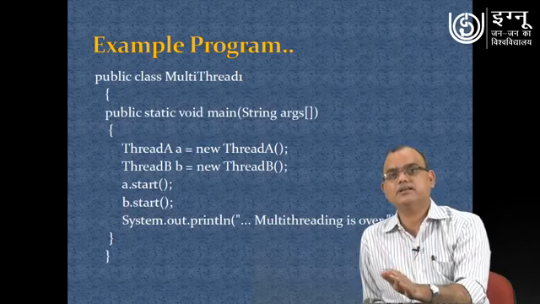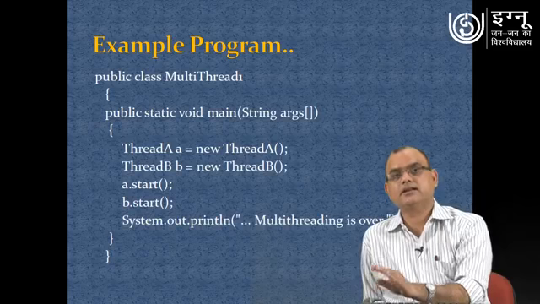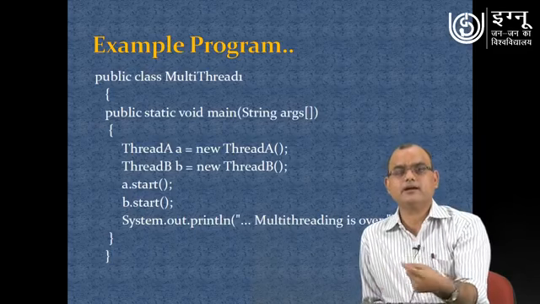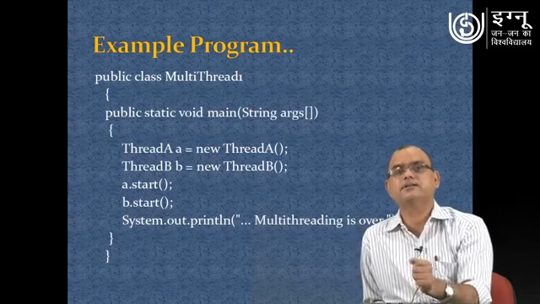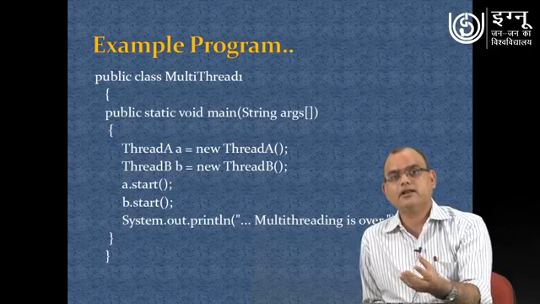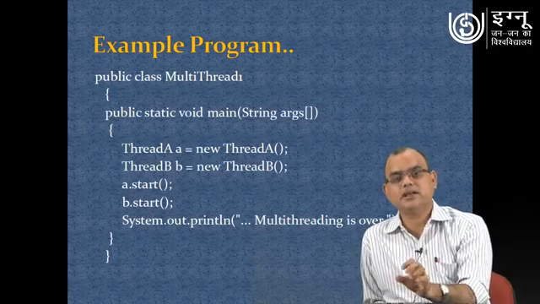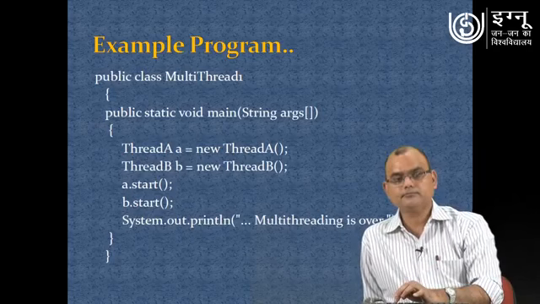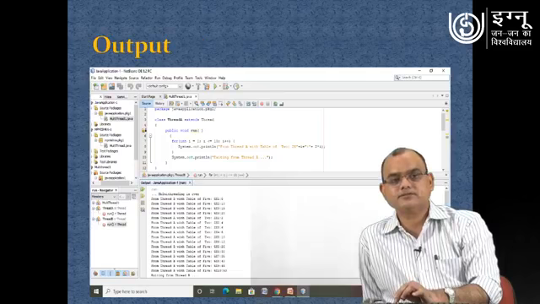And one more thing here we have to note, that once a thread is in runnable state, then it is not guaranteed that in which order you have created the thread, exactly in that order execution will happen. It's all depend on how actually the JVM is internally managing the utilization of the CPU and allocating CPU to different threads. So now let us see one instance of execution of this particular